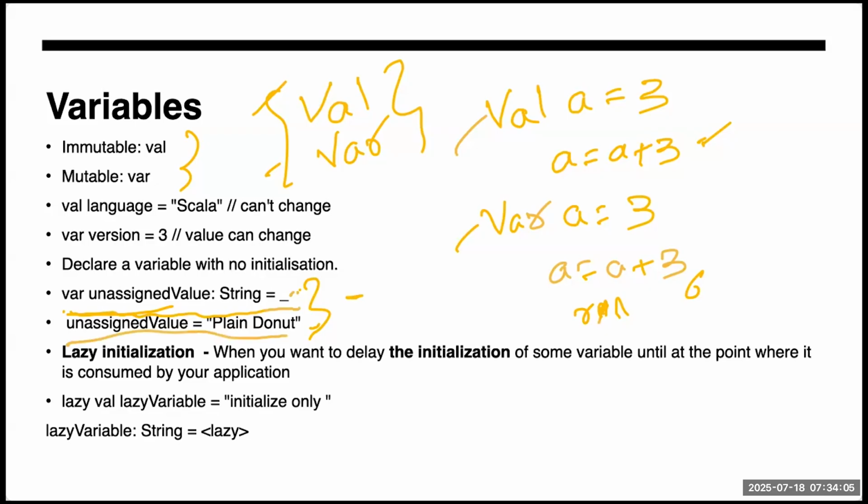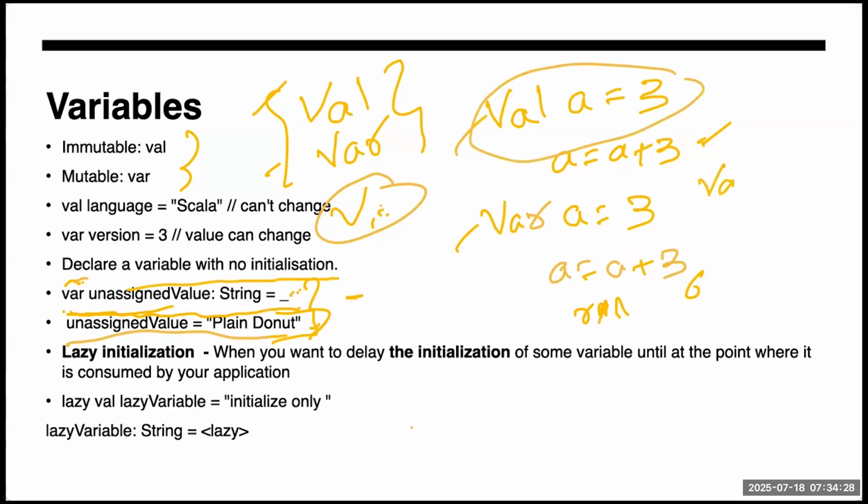Let's suppose that in my program I need one variable on top, and maybe I will use it later at the end or somewhere. So I will define it on top and then use it in a later part. This is a way to declare a variable without initialization. When I declared earlier, I wrote a equal to 3. But let's suppose I want to declare it but not initialize it. So I will write var a equal to underscore. Maybe I will do something and then assign a equal to 3 and then use it.